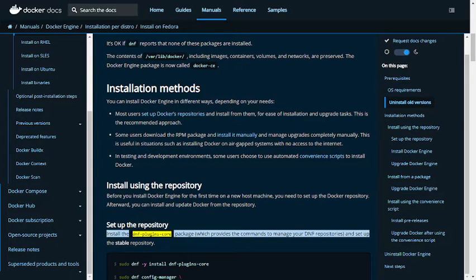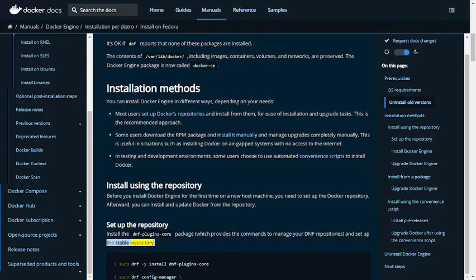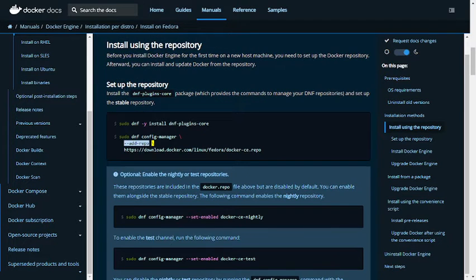Install the dnf-plugins-core package, which provides the commands to manage your DNF repositories, and set up the stable repository. $ sudo dnf -y install dnf-plugins-core $ sudo dnf config-manager --add-repo https://download.docker.com/linux/fedora/docker-ce.repo